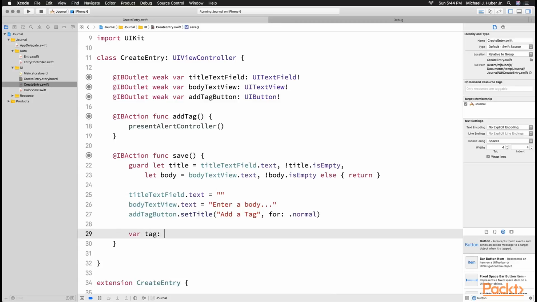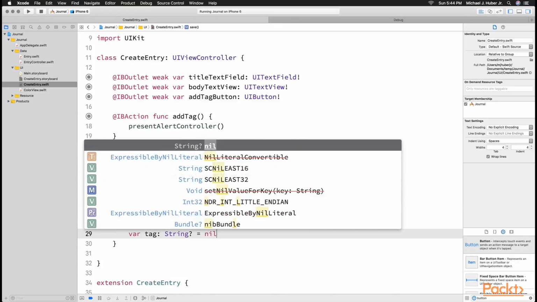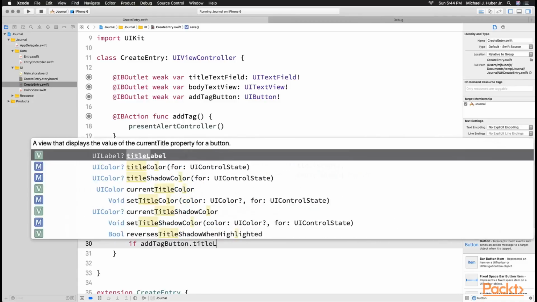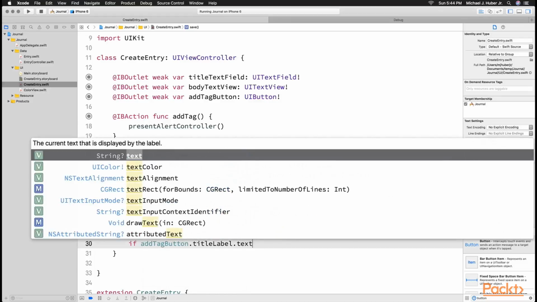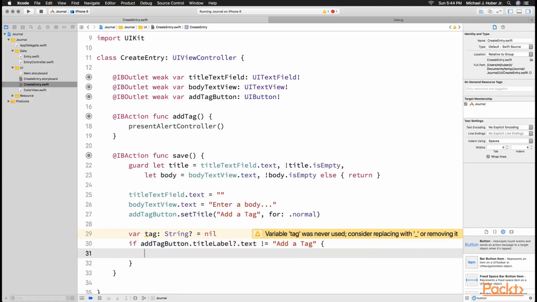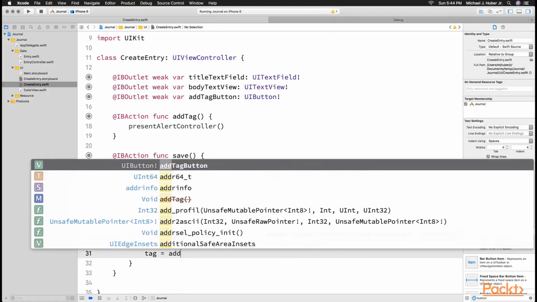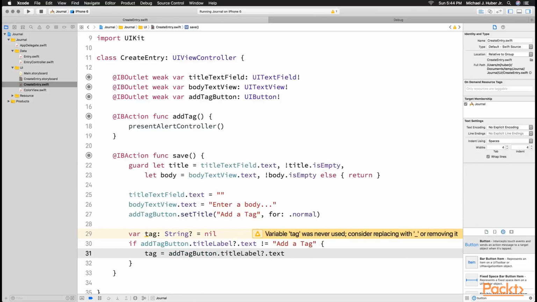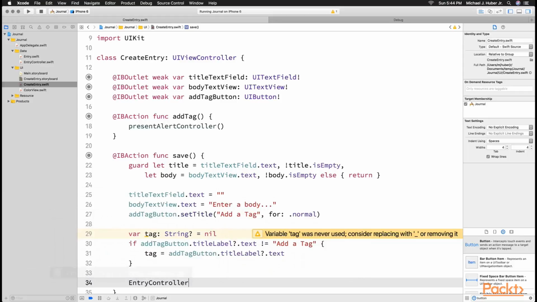Next, we want to create a variable called tag and set that equal to nil. And then we want to check to see if the addTagButton.titleLabel.text is not equal to add a tag. Because if it's not equal to add a tag, it means the user actually added a tag. And if that's the case, we want the tag to be equal to the addTagButton.titleLabel.text. Otherwise, the tag will remain nil,